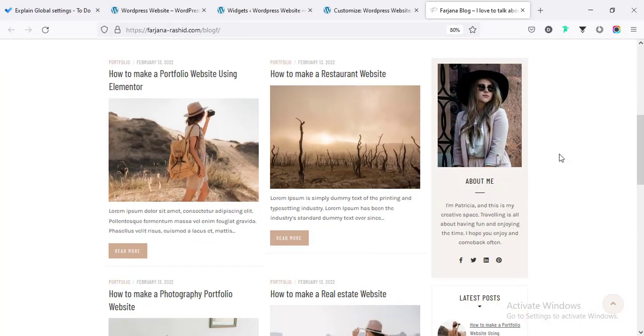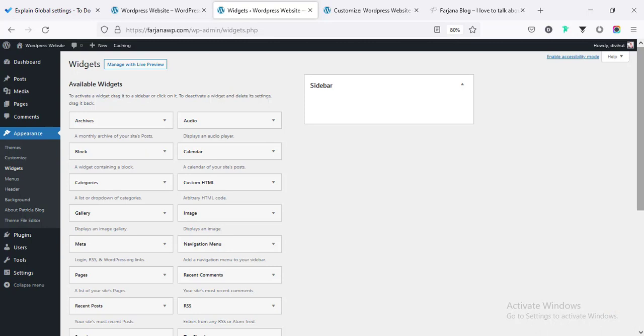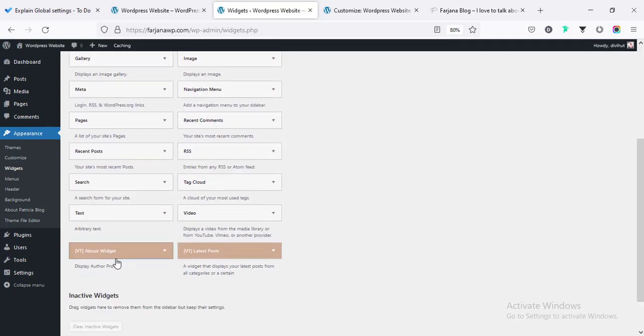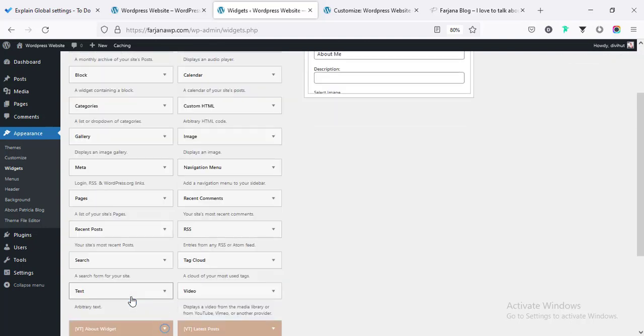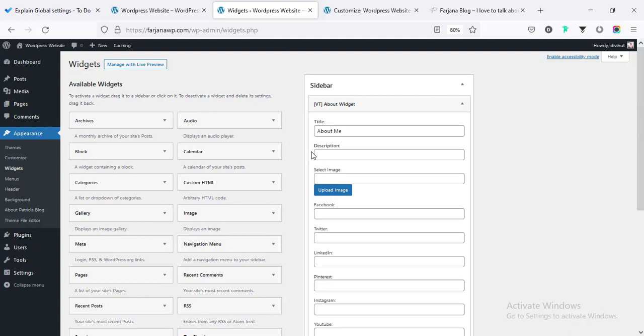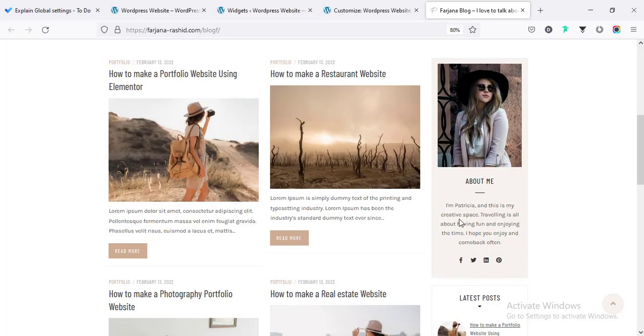So first here will be about me widget. I'm going to my widget list, and in the bottom area here we will find about widgets. This is coming from this theme. I'm taking this add widget, and here is title, about me, then description. I'm adding the description here,